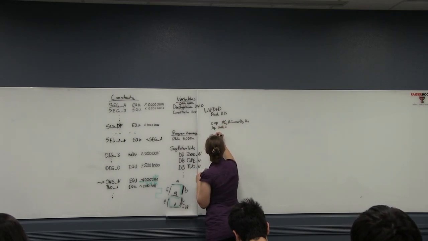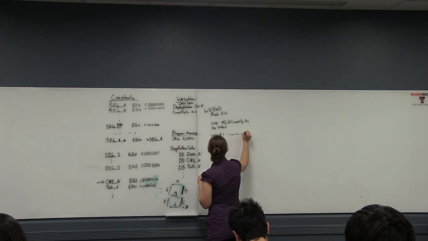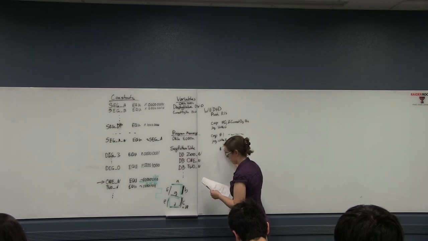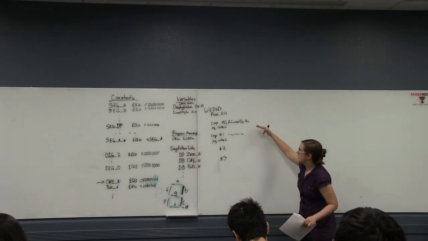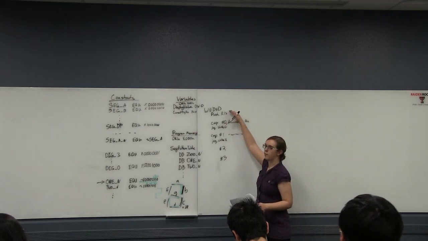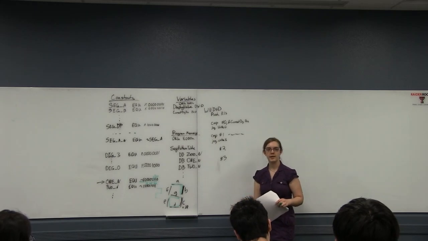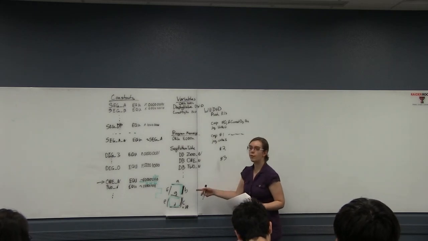We also compare the same thing to 1. And this continues for 2 and 3. So what this does is basically every time we enter write next digit, we want to increment which digit we write. Because we have 4